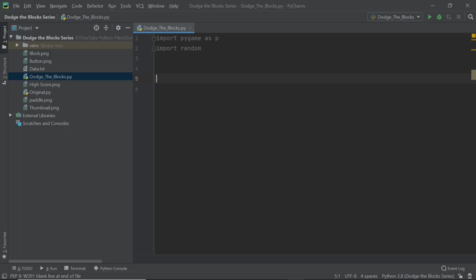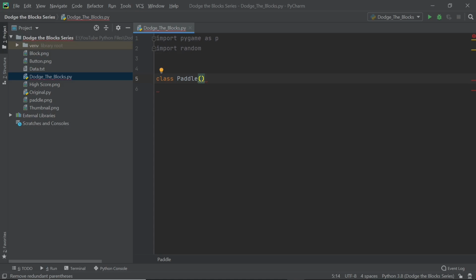Now I'm going to type in the first class, and that is the paddle class, which you probably know as the paddle. So I'm going to type in class Paddle. And here I'm going to type in the inheritance. Since our paddle is going to be a sprite, and if you're not sure what a sprite is, it's something that moves and collides with other sprites in a game.